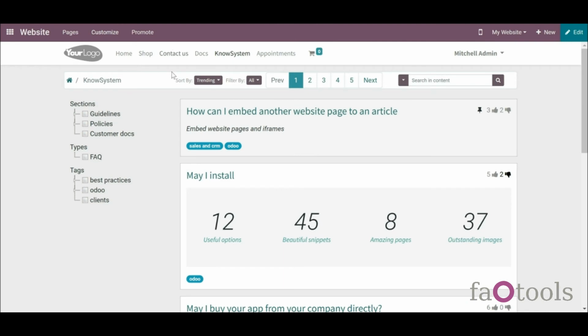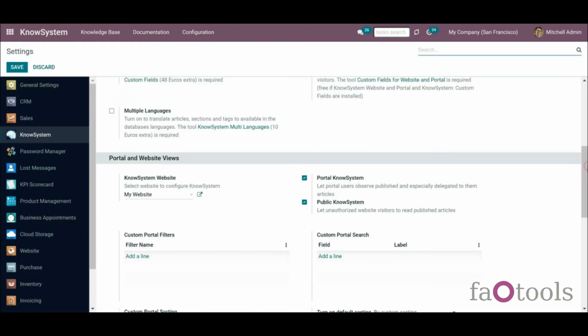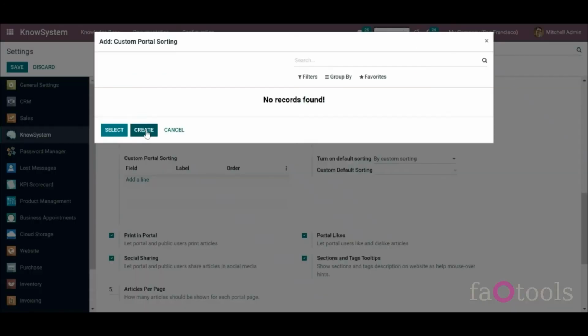It's possible to sort articles by various criteria. Here you can see the available by default options. Simultaneously, you can add custom sorting options that you need. To add custom sorting options, in KnowSystem app go to Configuration, scroll to the section Portal and Website Views, find Custom Portal Sorting, click Add a Line, then Create,